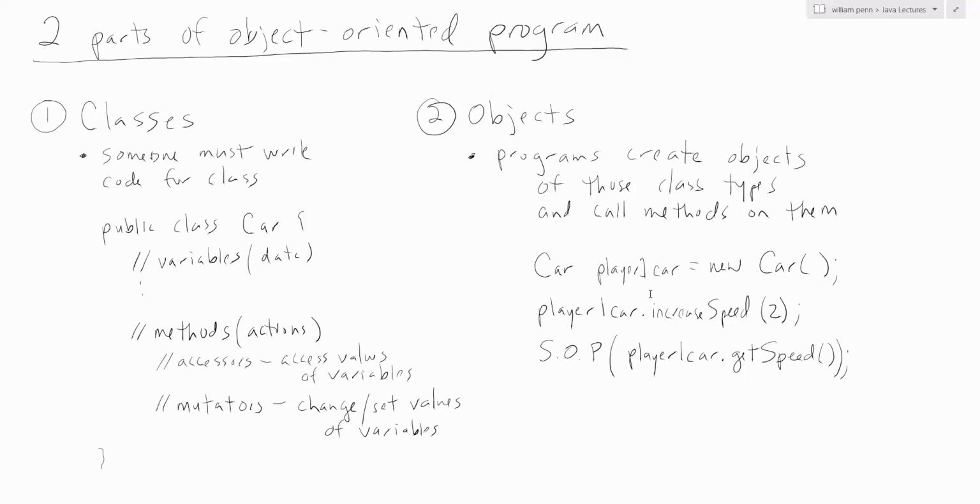Most of the time up until now, we've mainly talked about somebody else, or we've already had a class created. So somebody has created a class for us, whether it be something like a scanner class or a random class or something like that. And then we've mainly talked about using the objects of that class type, making objects and using them. But today we're going to get into the details of how we can create our own